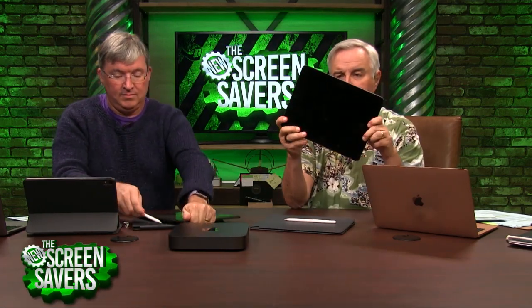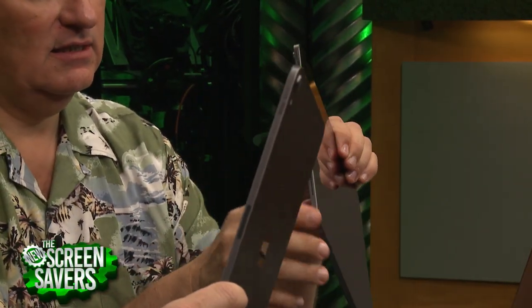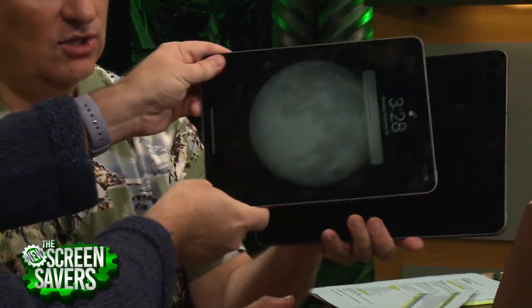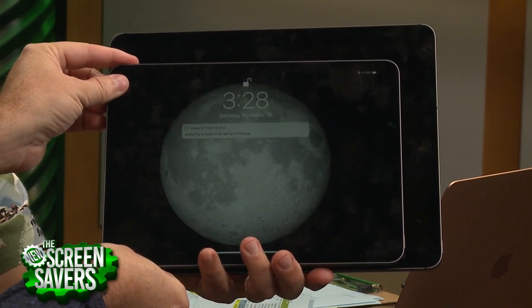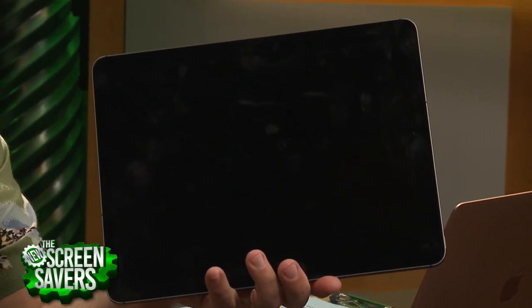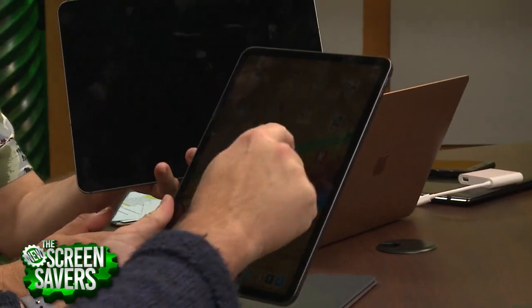Let's detach the accessories and talk about the device. This is a different design than the old iPads. These are squared off. You got the little guy here too. Let's actually show those two together. You have the 11-inch, and that's the 12.9 and the 11. So what they did with the 10.5 is they basically expanded the screen to 11 on roughly the same size device. Yeah, they did a really smart thing, which is